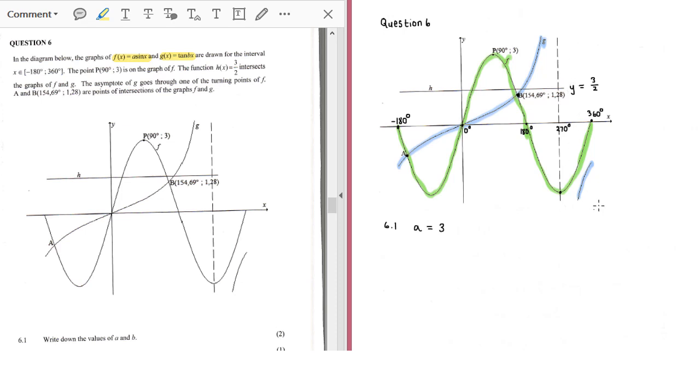Well, for b, you wouldn't really be able to write this down. You have to go through some sort of calculation, and the calculation that I like to use says that the new period of your graph, since b controls the period, is equal to the original period divided by that b value. If I rearrange over here and multiply by b on both sides, the b will cancel out here and appear on this side, so therefore b is going to equal the original period divided by the new period